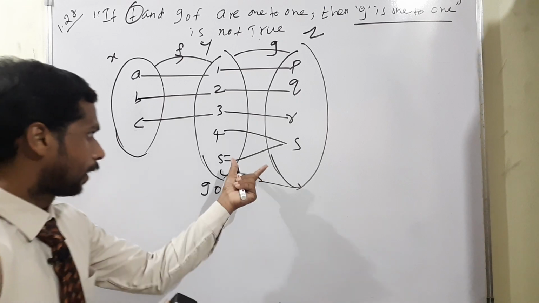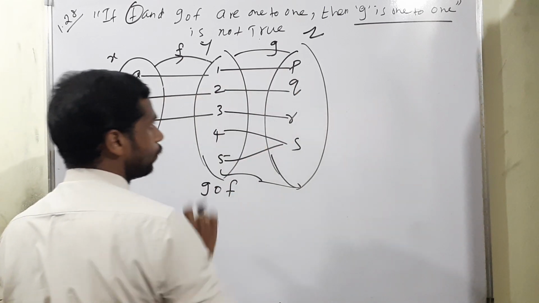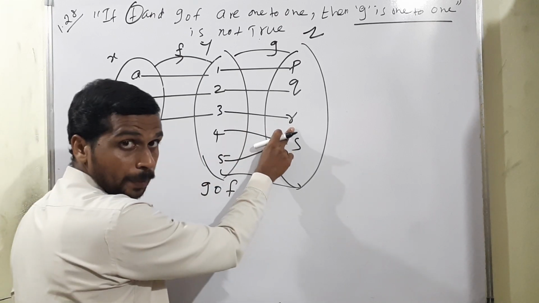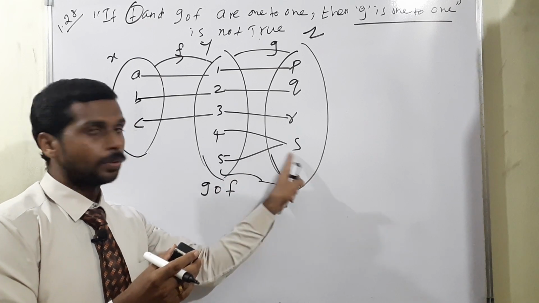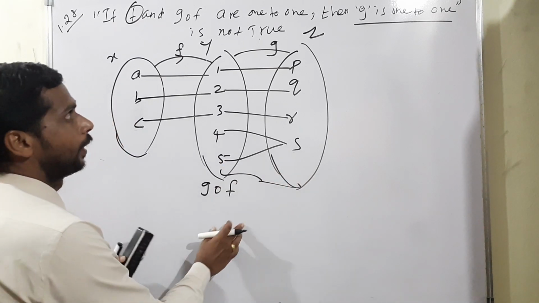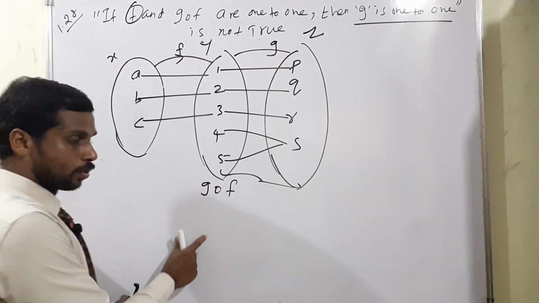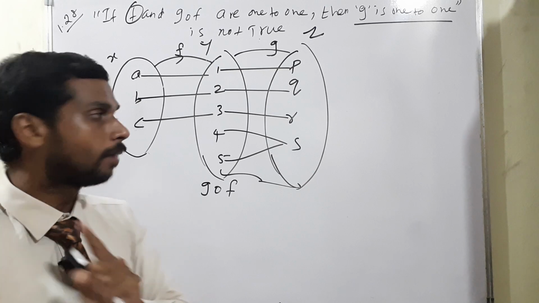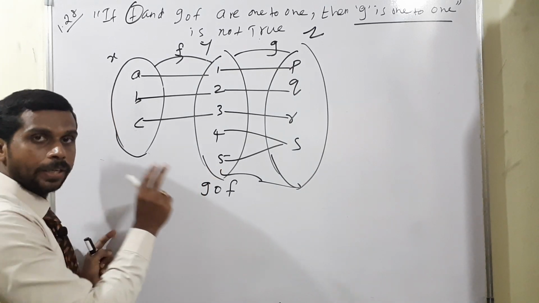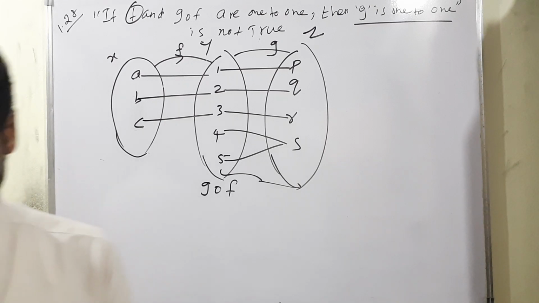Look at this diagram. Okay, 1 maps to P, 2 also maps to Q, 3 maps to R, but 2 children have 1 mother, so it is not 1 to 1. That's why we proved it clearly. In your book also there is the same question, the last 2 lines you can read, and at the same time you can compare that book diagram with this diagram, and you will get a clear idea. Okay, so I proved it. I will continue to the next question.